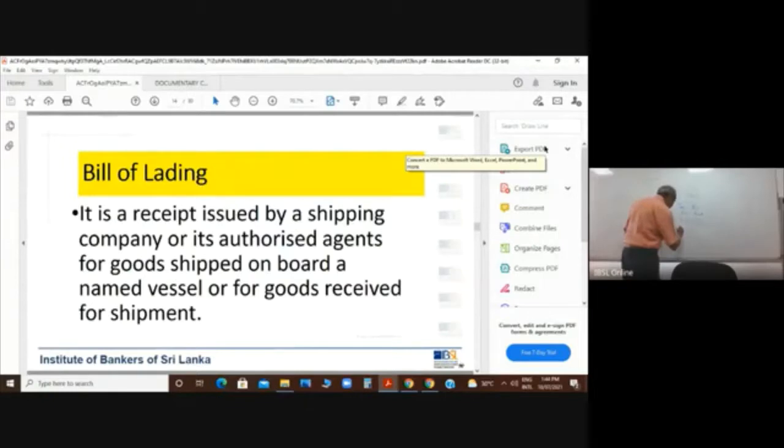Lorry, local labor. Then GRN, goods received note, signed by the driver of the lorry. Goods received note. Right? Likewise, there are so many transport documents, out of which